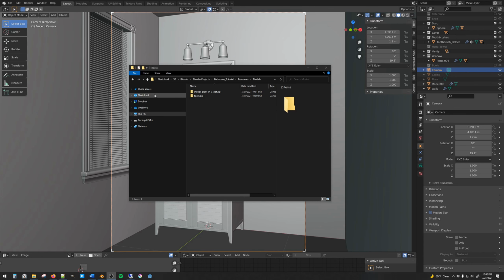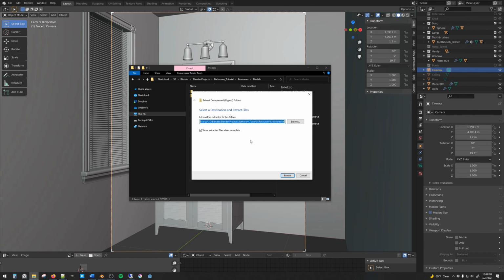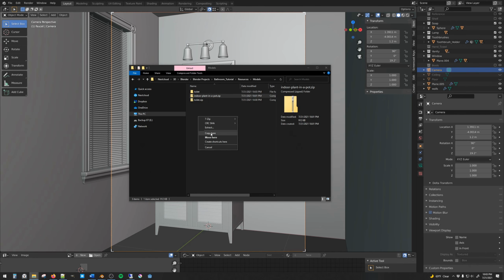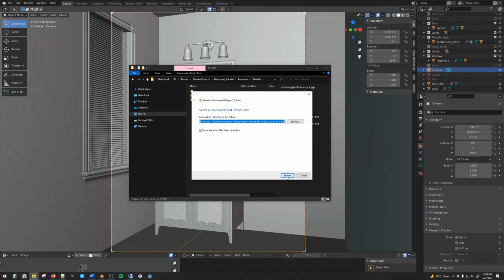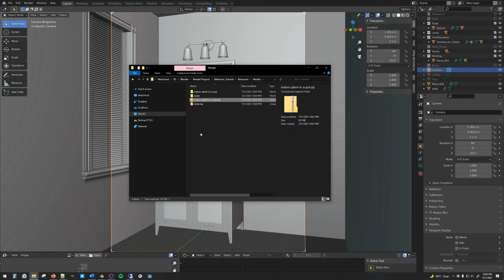Once you have downloaded these files, you're going to need to extract them to a location somewhere. If you're using Windows, the way to extract your files is to simply right-click and extract, and hit extract. Once you've extracted both, or unzipped, you can just delete the originals. Let's open up one of our new extracted folders,